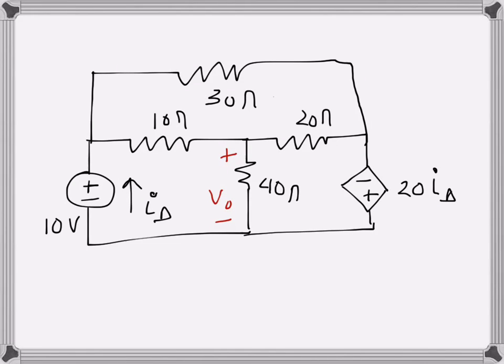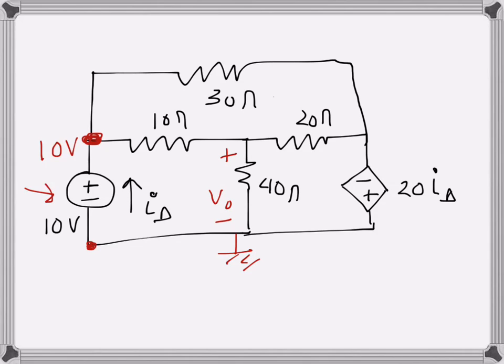In this circuit we need to find the voltage V naught here using the node voltage method. So first let us identify this node as the reference node. This whole node is the reference node. So the voltage here is 0, so the voltage at this point will be 10 volts because there is just